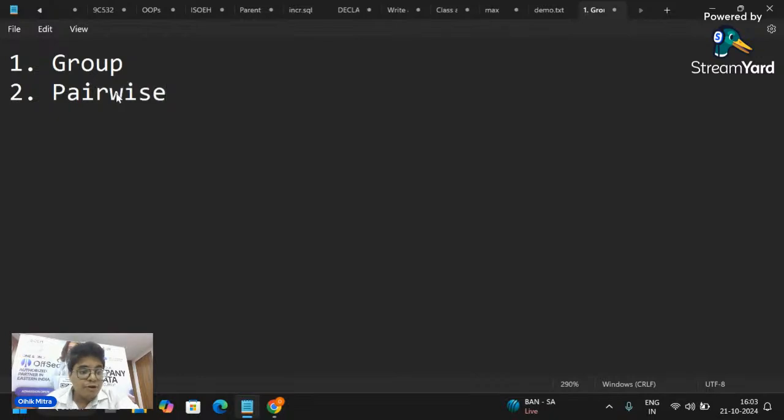What is the difference between group and pairwise? We need to know about these two things. Group is basically a unique key between the access point and the client stations.